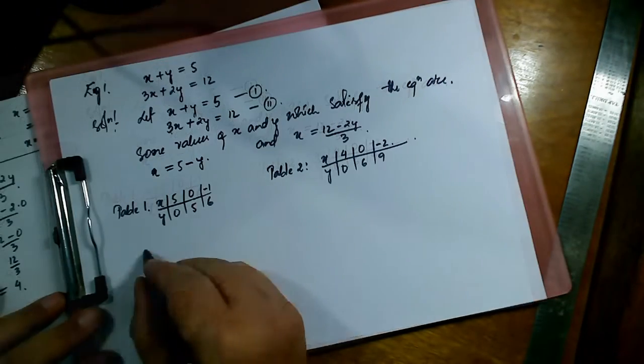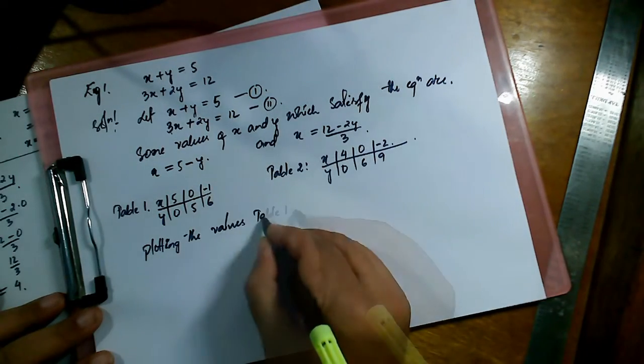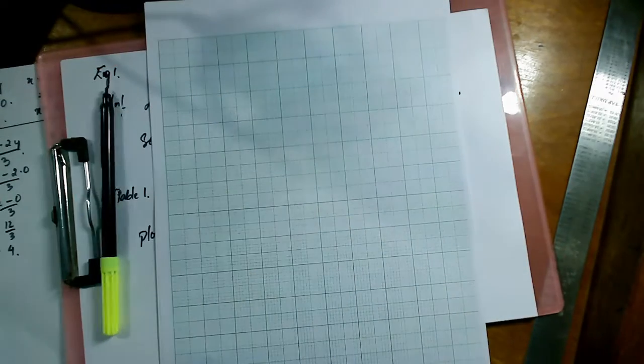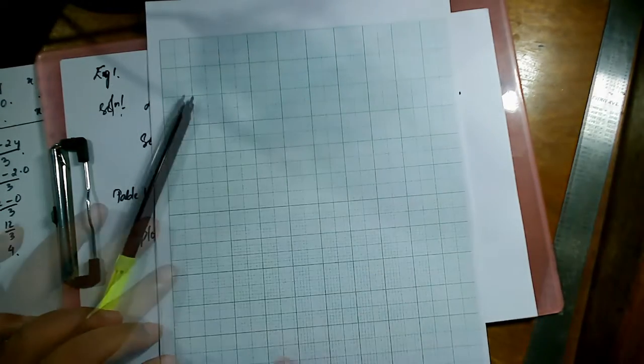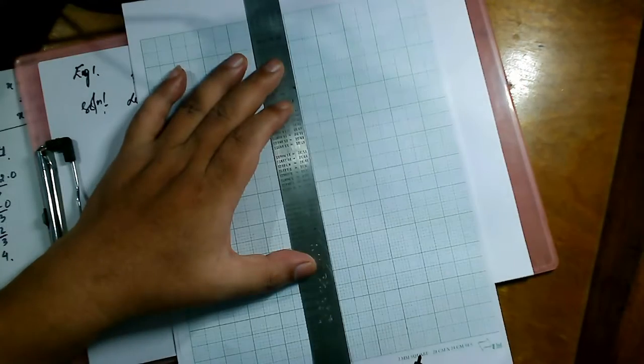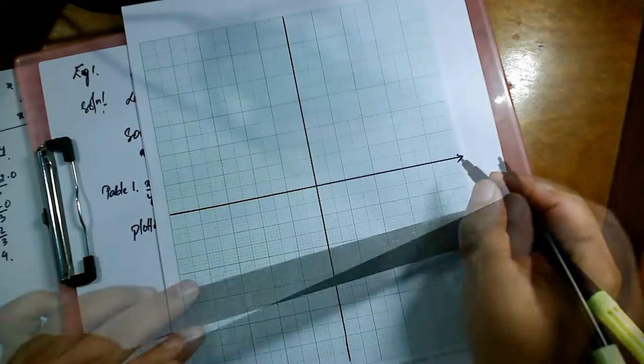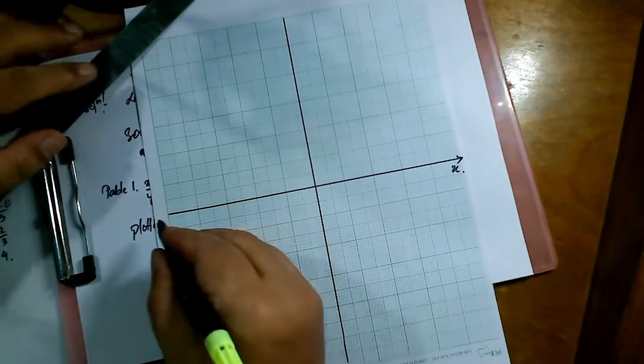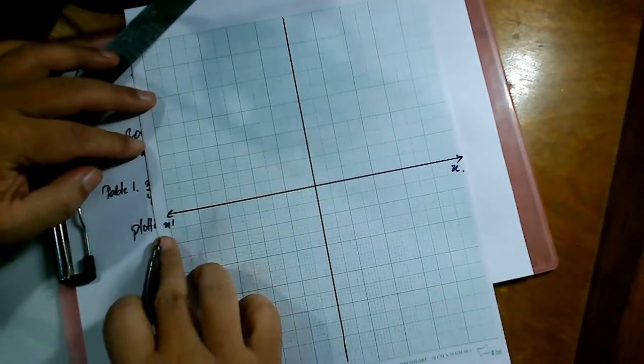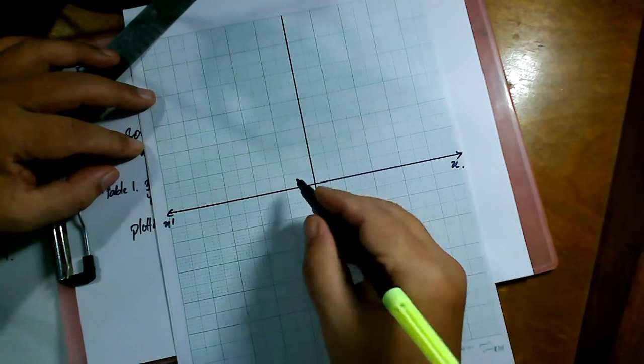So now, plotting the values of table 1 in a Cartesian plane. Let's try to plot it. This is a Cartesian plane, that is a graph, and let's take some line. This is the x-axis and we mark it as x, and the opposite side is x dash, which means that this side is negative and this side is positive, and the initial point is